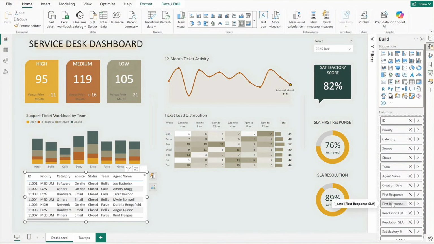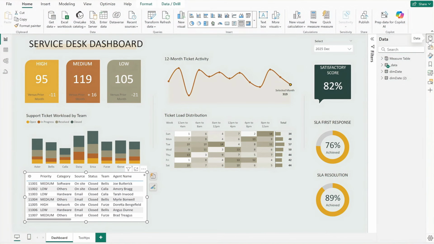Right beside it, change first response SLA to just SLA, as its position makes the reference obvious. Continue by renaming resolution date and time to resolution, and for the adjacent resolution SLA, apply the same convention and rename it to SLA as well. At this stage, the table should clearly show all ticket details, with well-labeled columns and each row representing a single